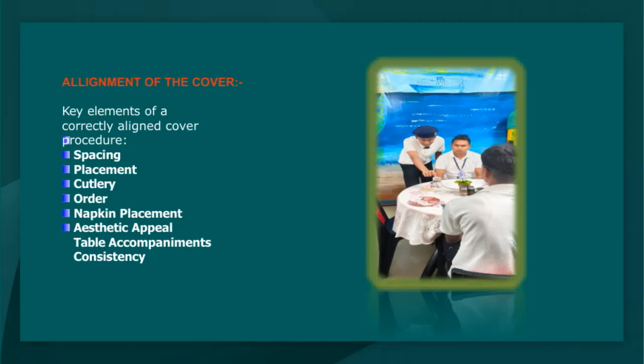Now, let's talk about the key elements of a correctly aligned cover procedure. First, we have spacing, placement, cutlery, and order. These are essential to ensure everything looks neat and professional. Proper spacing and correct placement of utensils not only create a polished appearance, but also make the dining experience smoother for guests. The order in which we set the cutlery matters, usually starting from the outside and working inward, following